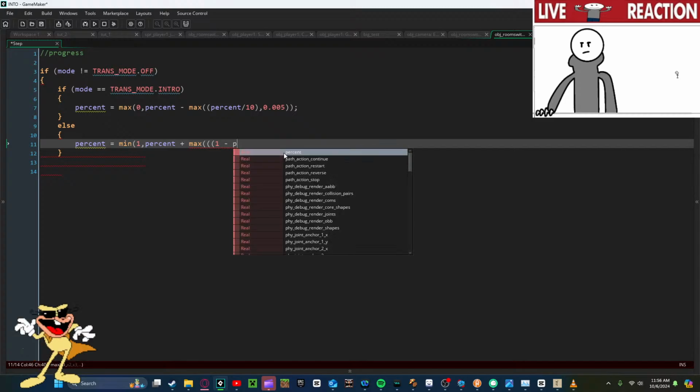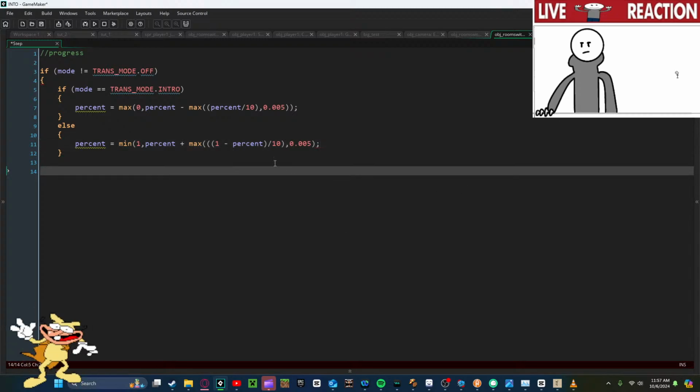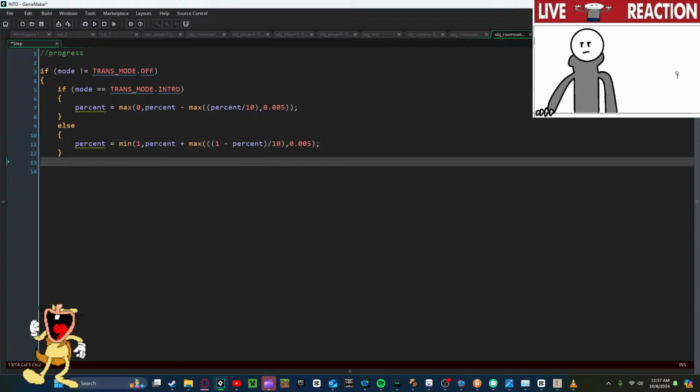So this is one block, divided by 10, close bracket. So that's another block, comma, 0.005, again close bracket, semicolon. So this is exactly the same. The reason we do 1 minus percent here is because we want 10% of the distance that we've got left to go, which we got automatically from this, because if percent is